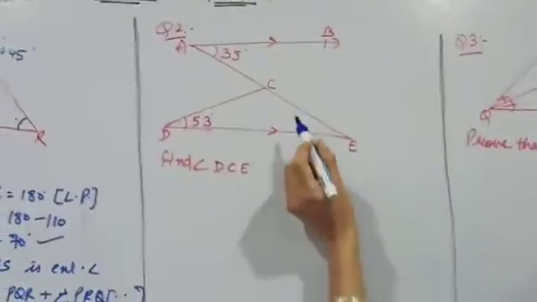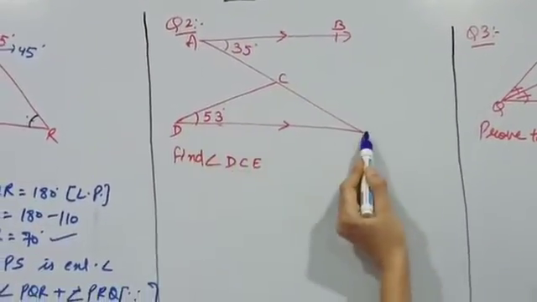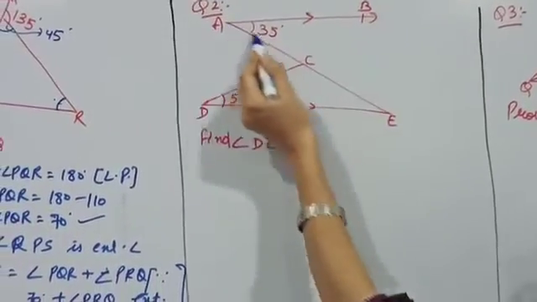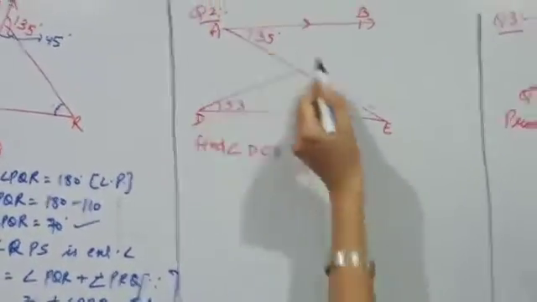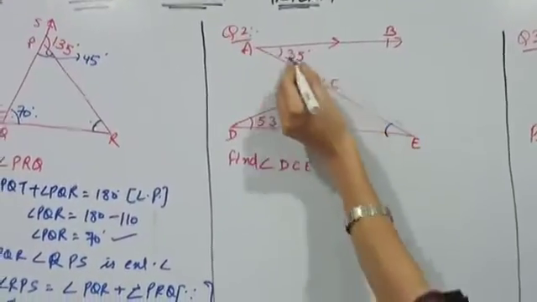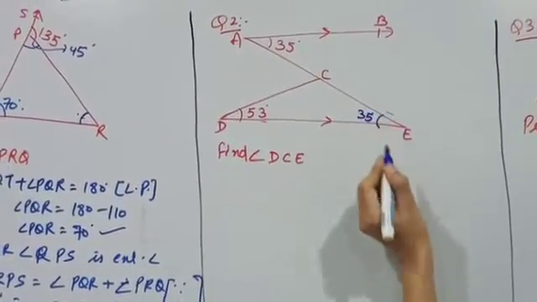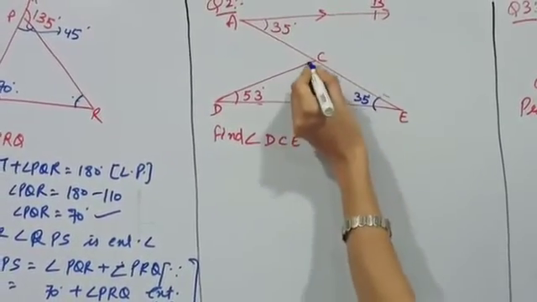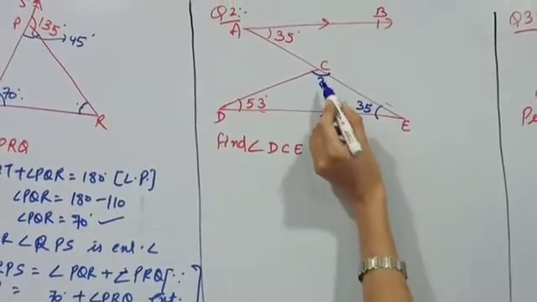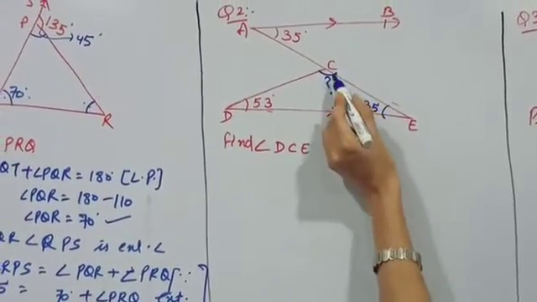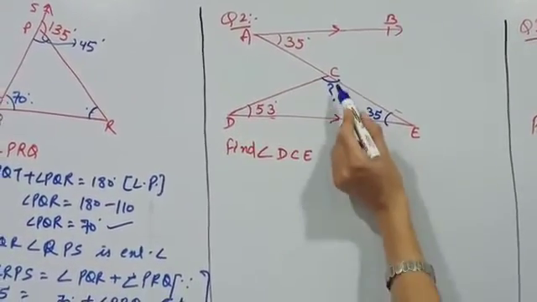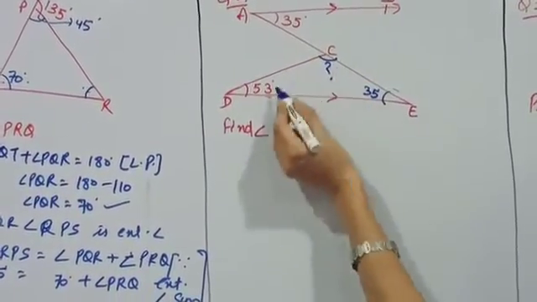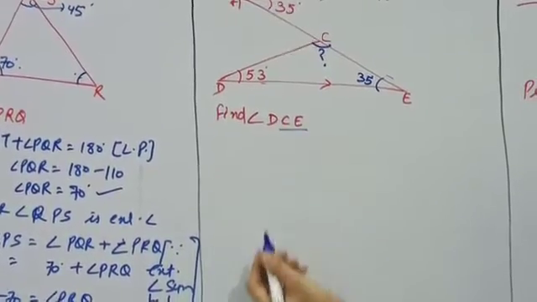Here we have been given that line AB is parallel to DE. Whenever lines are parallel, their alternate angles will be equal to each other. So this angle is equal to this angle E, which is given as 35 degrees. So this one is also 35 degrees. They are asking to find angle DCE, this angle. So in the triangle, two angles we confirmed. The third angle we want to find, and we know that the sum of the three angles is equal to 180 degrees. So we will write here the angle sum property of the triangle, and this angle will be confirmed.